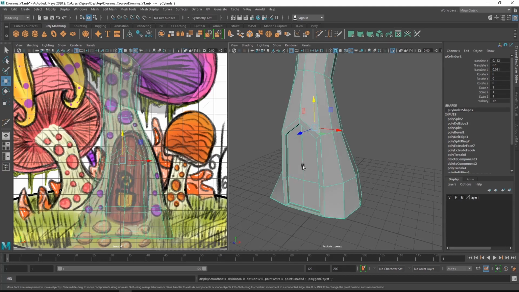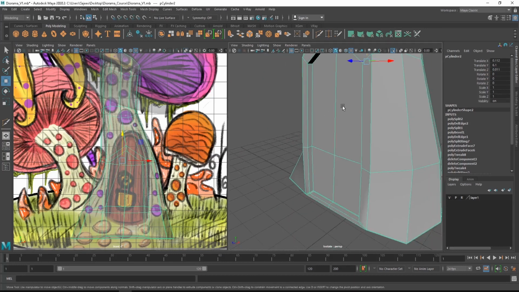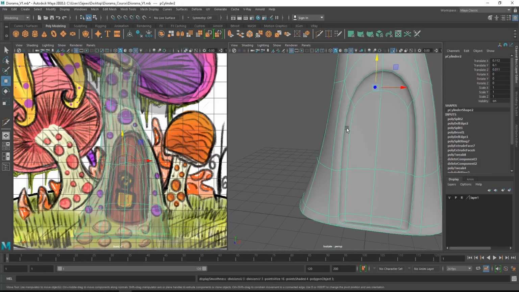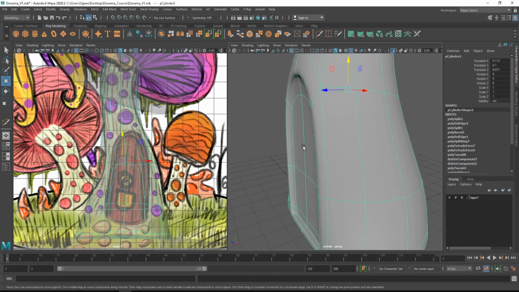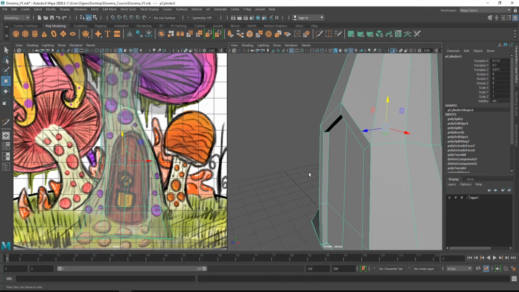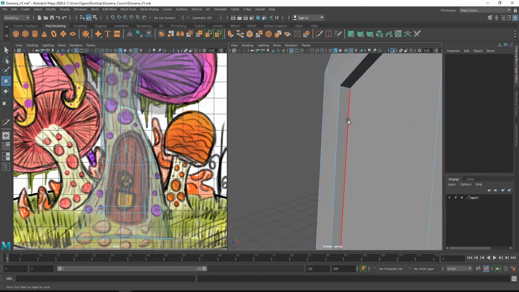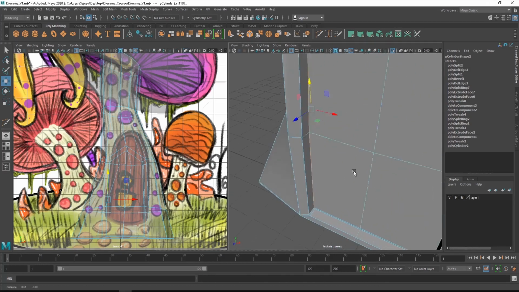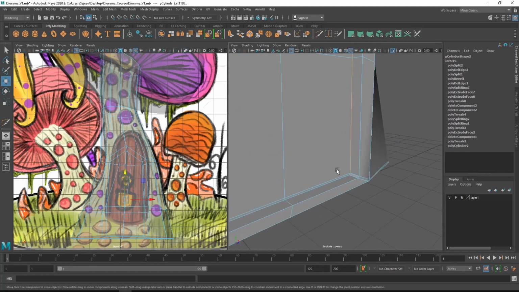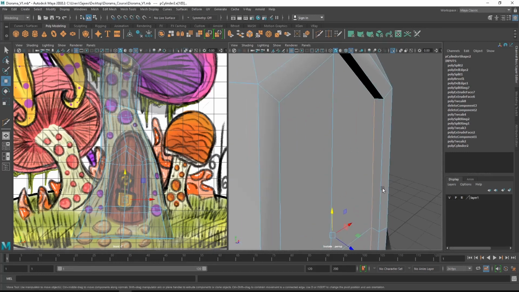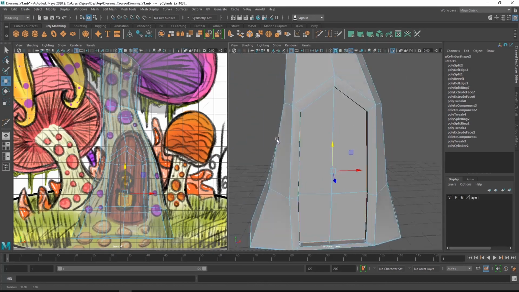Okay, so once that is done, we are going to look at the bevel tool once more. Now you can see once I smooth that particular model in the top area, we are actually losing a lot of the depth. So in order to avoid that, we are going to use the bevel tool on these corners. I am going to double click this particular corner and it will select all the edge loops till here, and I am going to double click until I have selected that entire loop. You can press shift while double clicking each of those edge loops, and once you feel that everything is selected,